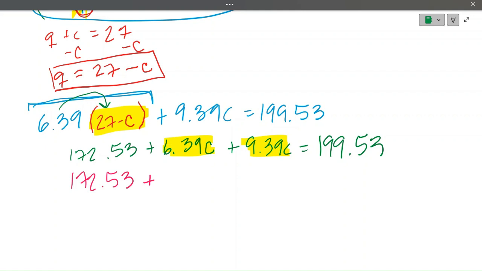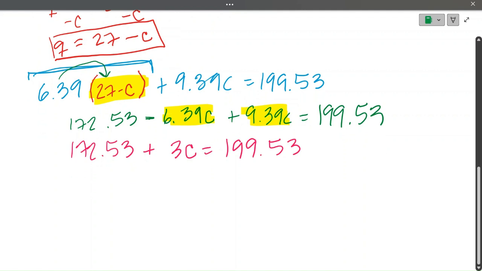$6.39, oops, and I actually see that I just made an error. So let me go back. This should be minus this. When I combine negative $6.39 plus $9.39, I end up with 3C equals 199.53. Okay, now I can't simplify anything else on the left or the right side, so I'm going to start